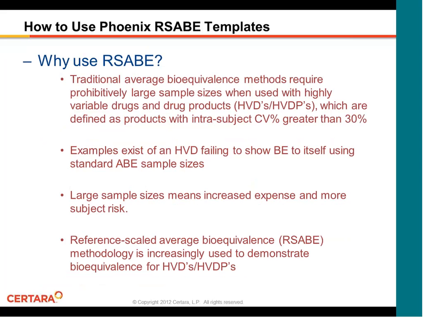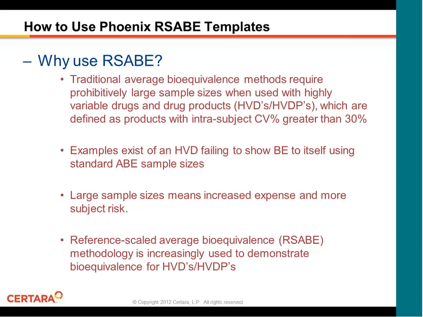So just to give you an example, if you had a highly variable drug product with within-subject variation of the reference product of, let's say, 40%, you would need a sample size of about 66 subjects to show bioequivalence using the standard BE. But if you were expanding limits to 75 to 133, that sample size would be reduced to 28 for a partial replicate design, a 3-period, or 20 for a full replicate design of 4 periods. So in other words, this is a significant reduction in enrollment and cost if you use reference scaled average bioequivalence